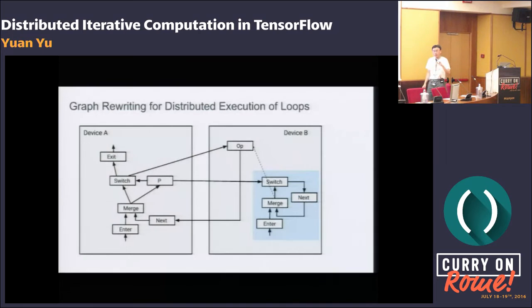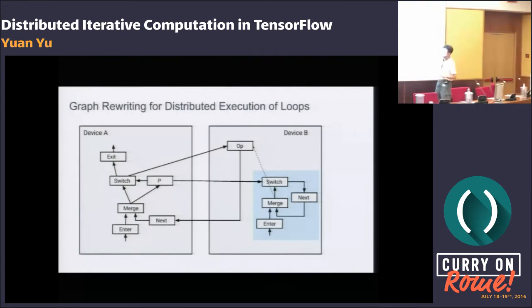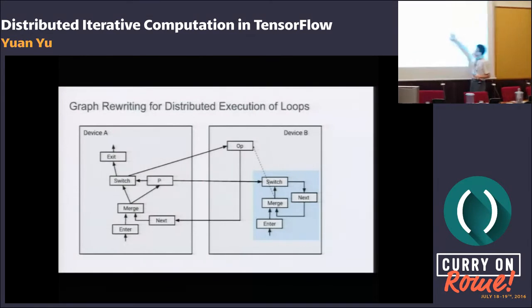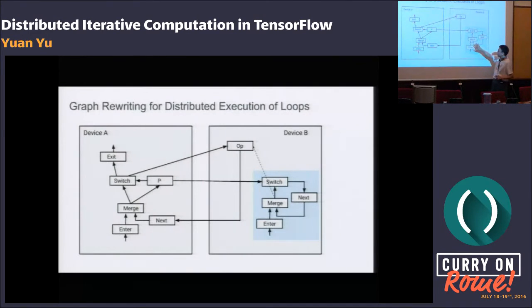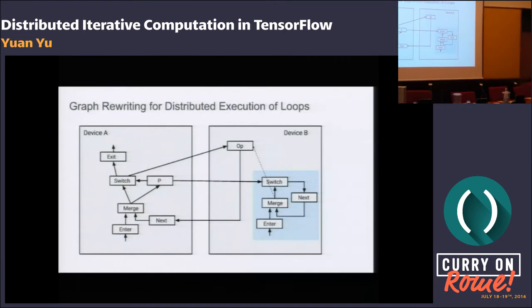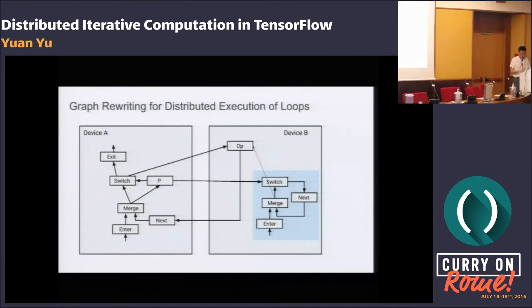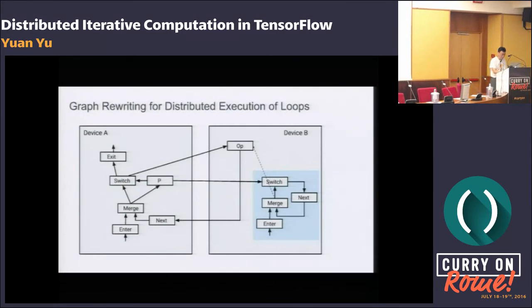Right after the placement of all the ops to devices, we go through the graph and add a little finite state machine that controls the execution of this op, or the part of the op, in each partition participating in the loop computation.